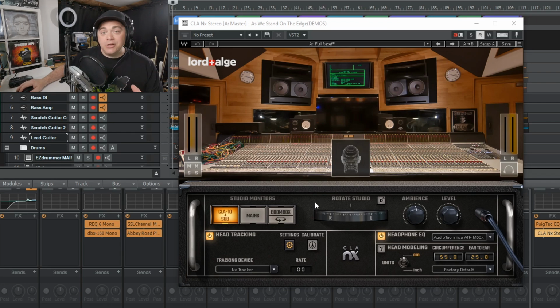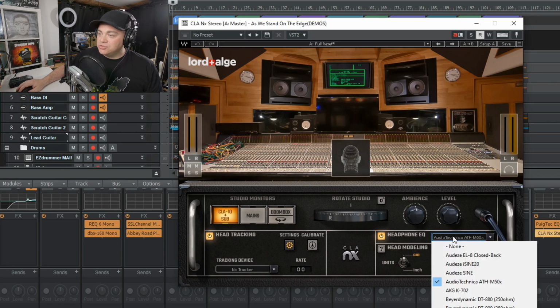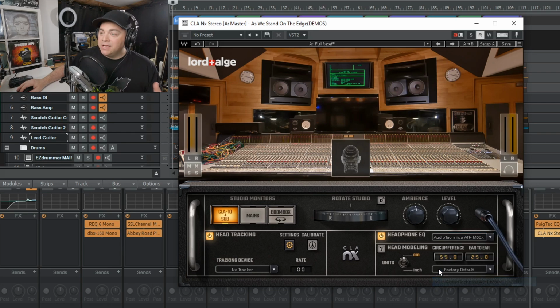And the first thing that I normally go to is the headphone EQ right here. And if you click this drop down box, you can see there's some different headphones in here that are fairly popular for mixing. And if you have any of these headphones, you could click on it and then enable the headphone EQ. But if you don't have any of these headphones, don't worry, you can still use this plugin with great success. I often use the Waves NX plugins with another set of headphones that I have, and they're not listed in here.